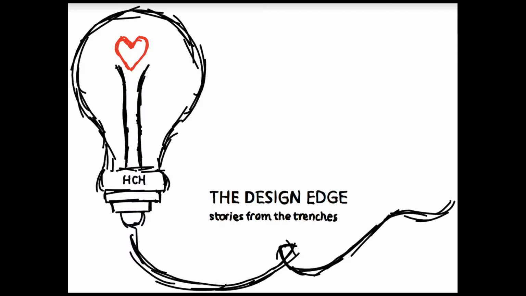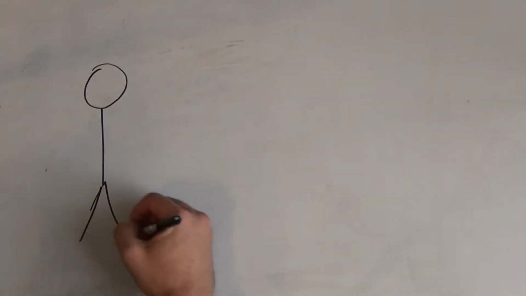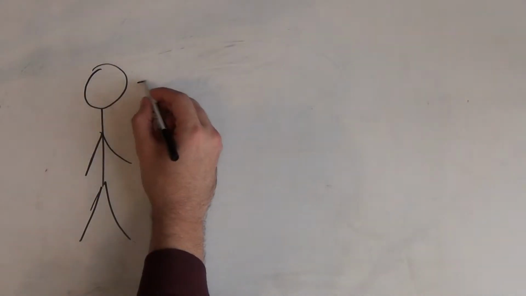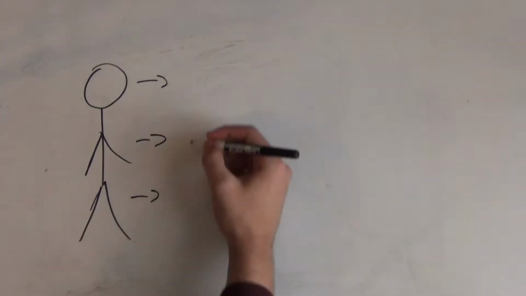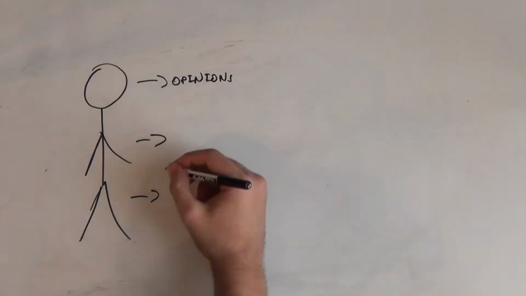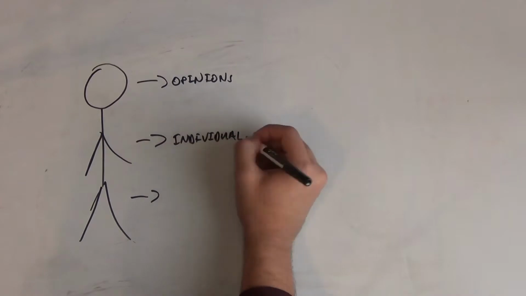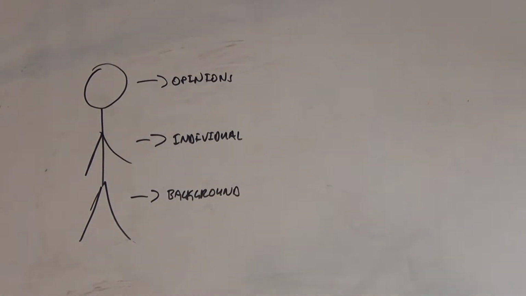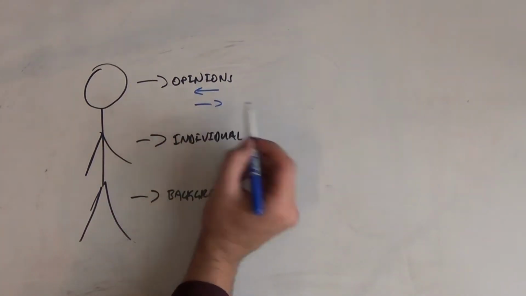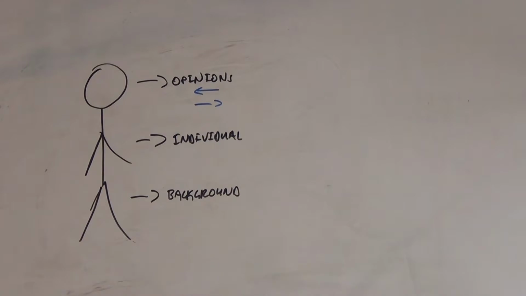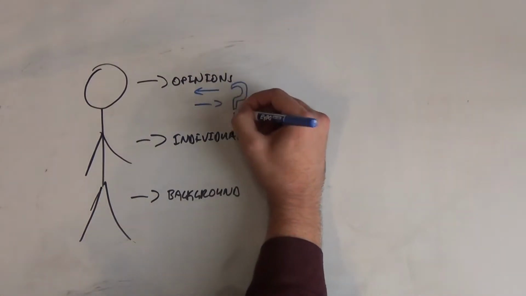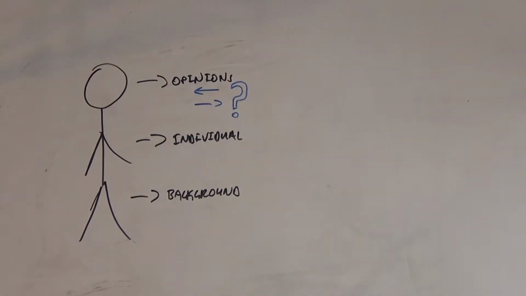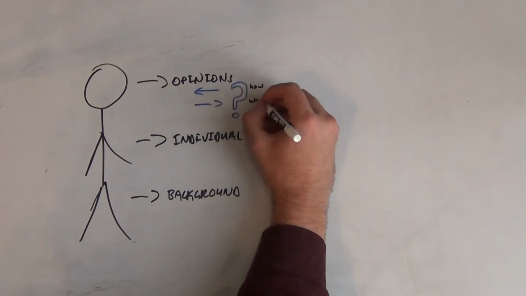Before we move on to talking about 6 different categories of the persona, I'd like to spend some time talking about 3 different variables. These 3 variables are the opinions, the individual itself, as well as background. What these variables really help us do is establish empathy, and it's a great connector for our clients to really understand their consumer. We focus on opinions, we want to look at the past as well as the future. Then we can start asking questions, and we develop and focus around 3 questions: what can be done, how can it be done, and who does it?